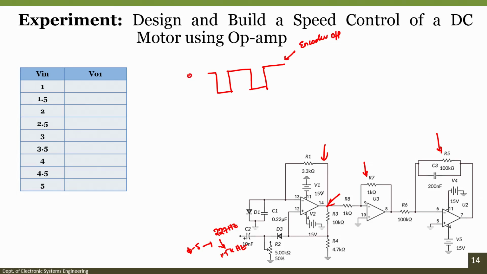This is 0 volt, this is minus 5 volt, because we have reversed the clock pulse. And it has been given to the triggering input of the monostable multivibrator. So, we got an output that is always between plus 15 and minus 15.